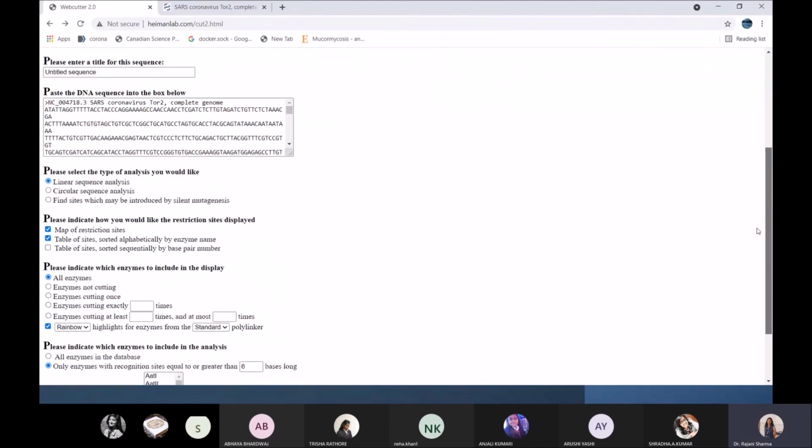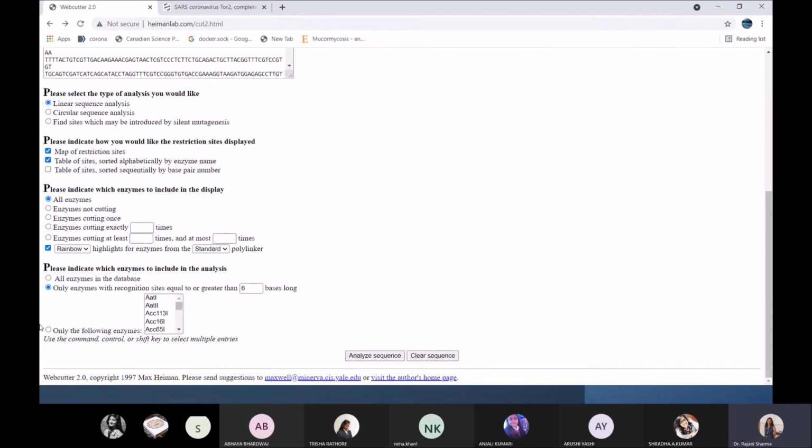So the task I'm giving you here: you don't choose just any enzyme. Be specific for any one enzyme, one particular type of enzyme. You choose the protein of your own desired gene. You take the sequence which you want to study as per your interest. It can be a gene from your plant, or from any animal. You choose a specific enzyme, only one restriction enzyme, and then tell me what the result is. You can simply post that in the chat section. Okay.